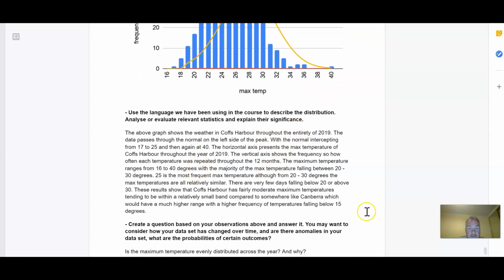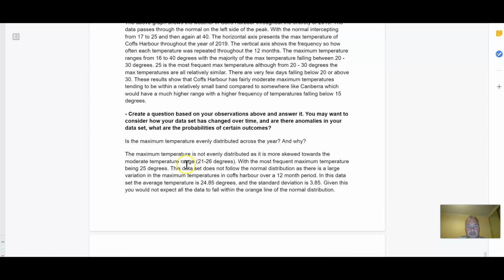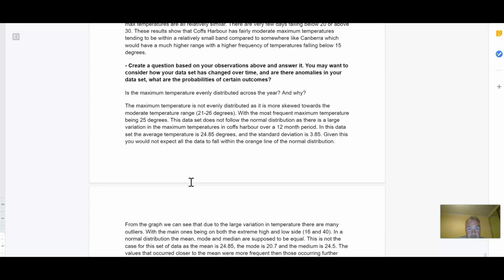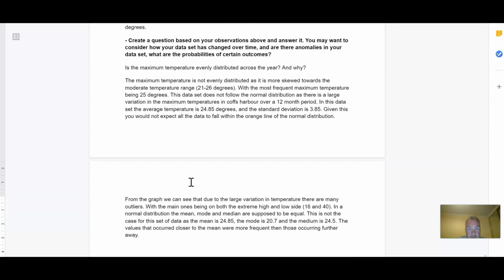In here, they mention the skewness. All the communication seems right. Again, they've got the averages down, the maximum, the minimum. Okay, they go into their question: what's the most frequent temperature? Cool. Again, it does really well at analysing the normal distribution, but it doesn't go into the depth